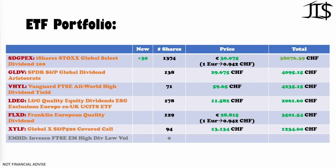And our ETF portfolio now looks like this. So with the 30 pieces extra of SGPX, we have now 1,374 shares of SGPX. So still our largest position, but it's getting lower and lower because we reinvest the dividends now into FLXD, and also we invest as much as we can into the other ETFs that we have in our portfolio, and we